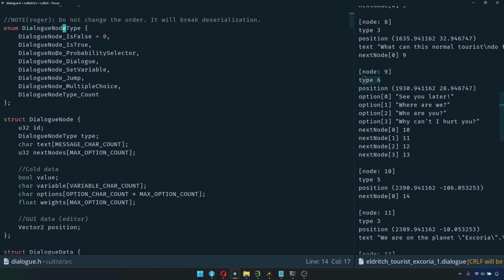And this is a different approach than making mini structures. You can make a struct for is false, is true, probability selector. We just don't deal with any of that because this is much simpler, and we can write simpler code such as the read and write functions that you saw. If we did an object-oriented approach where we did inheritance or had multiple structures, we would have to manage a lot more